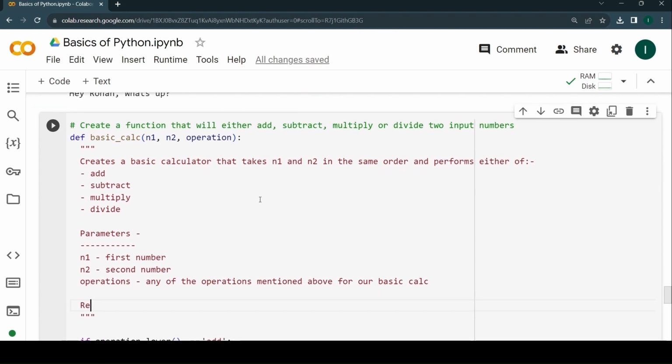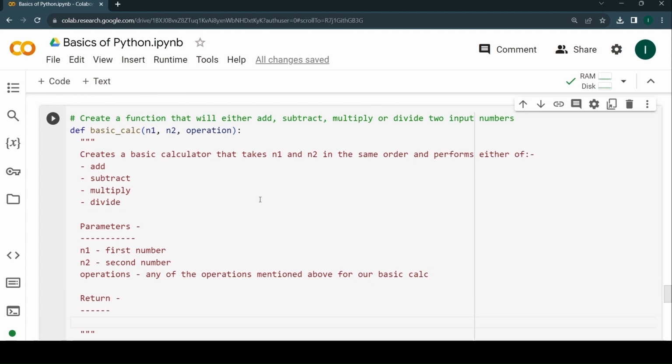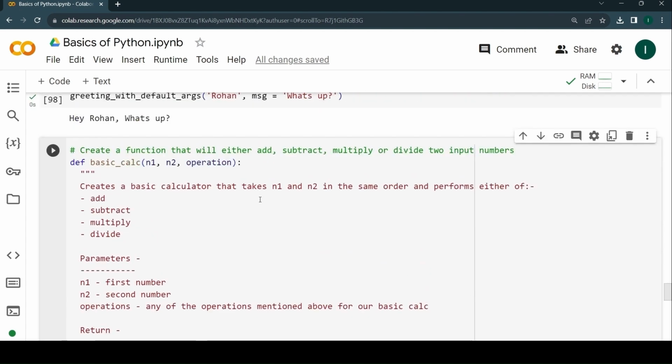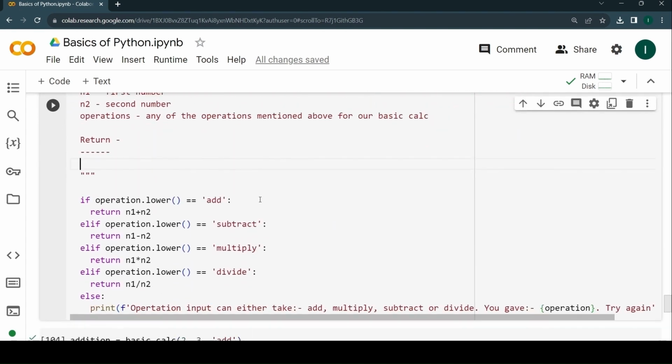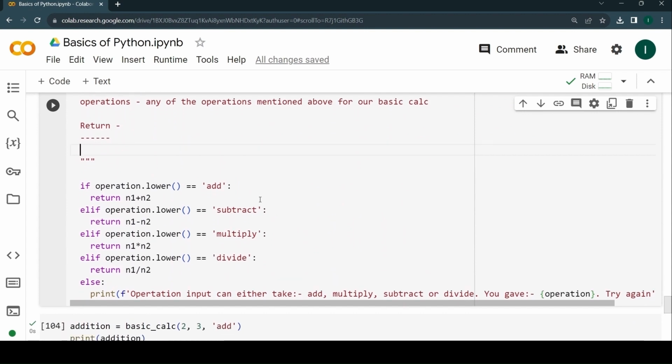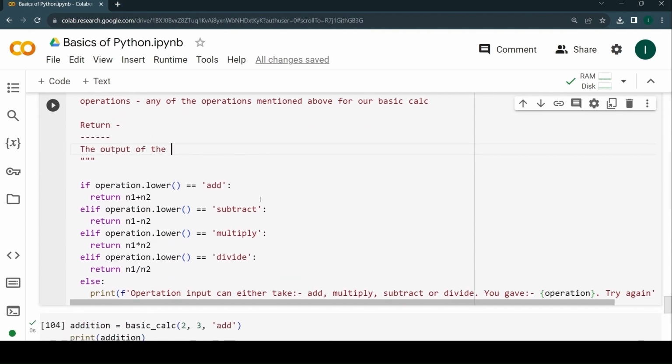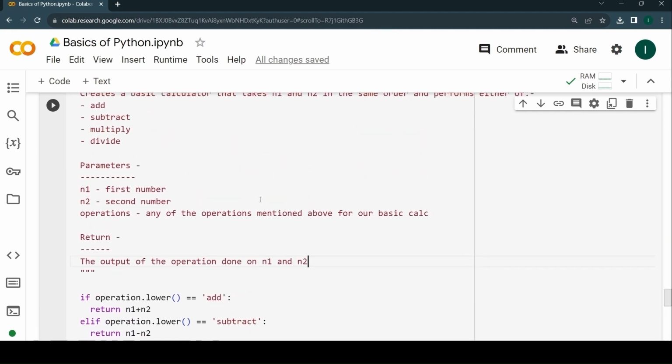And then it's also going to return what? Let's check what it is returning. Yeah, either the output of the calc, the output of the operation done on n1 and n2. So you can also give an example over here if you want,